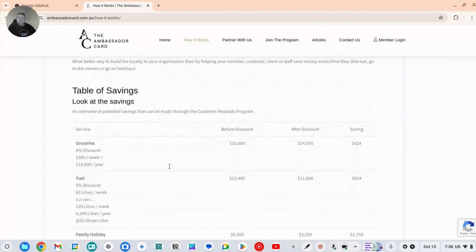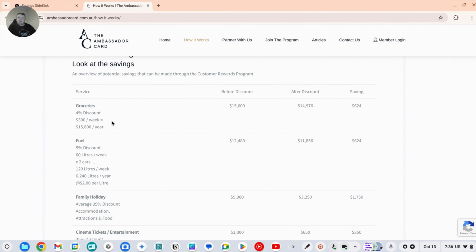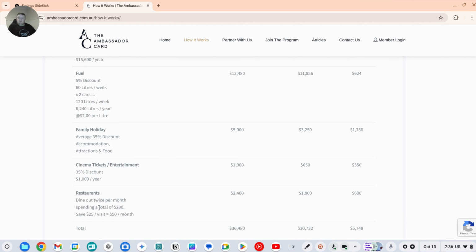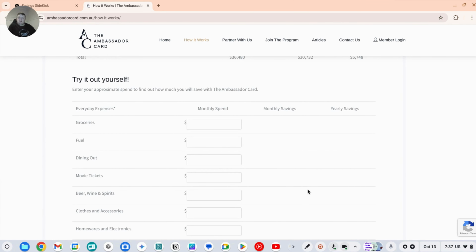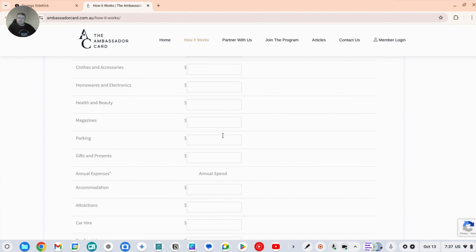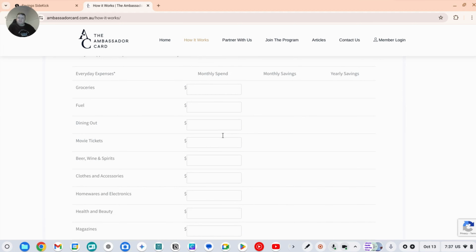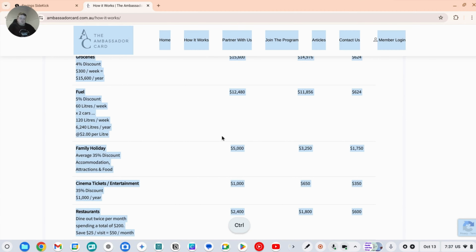So he's got this calculator here that you put the categories into, and then it works out the savings. So your monthly spend across these categories. So what I'm going to do is grab all of that text, and